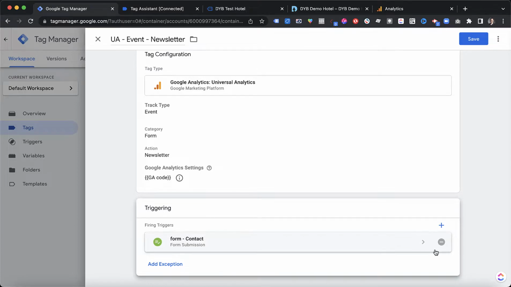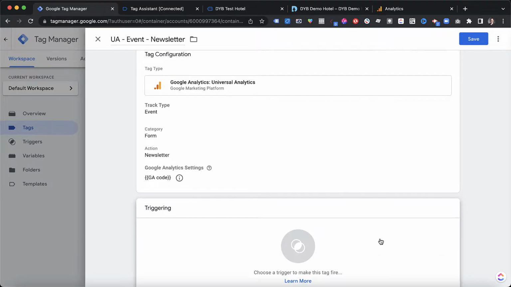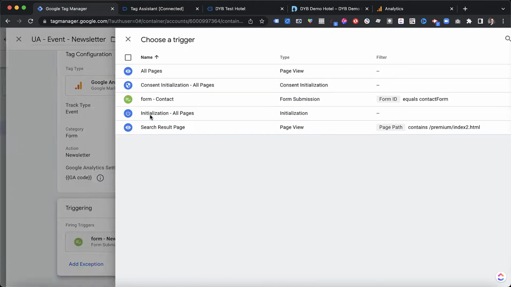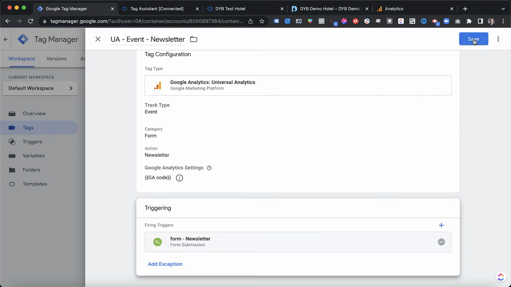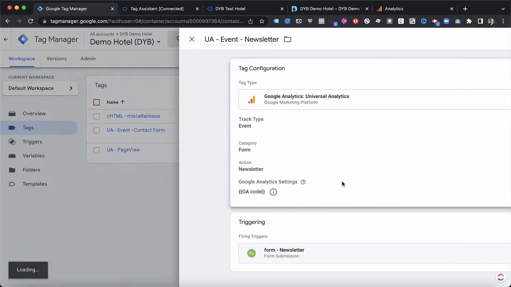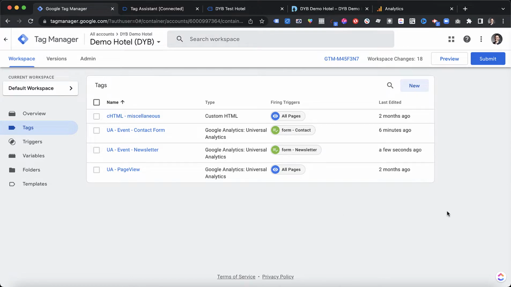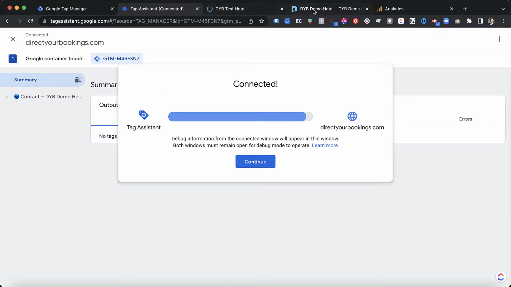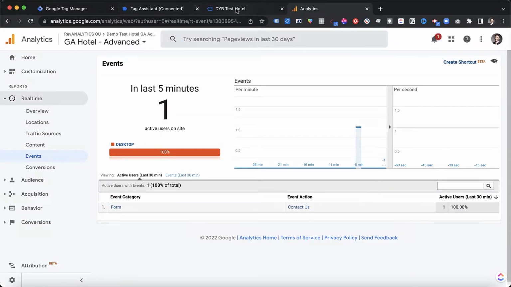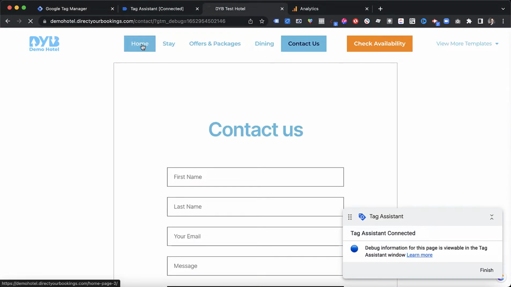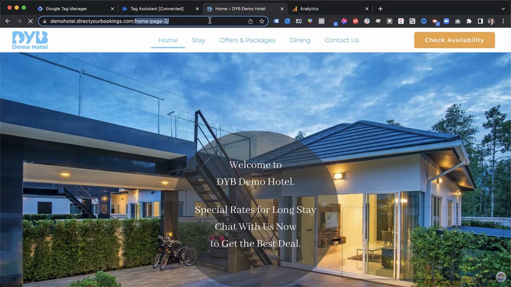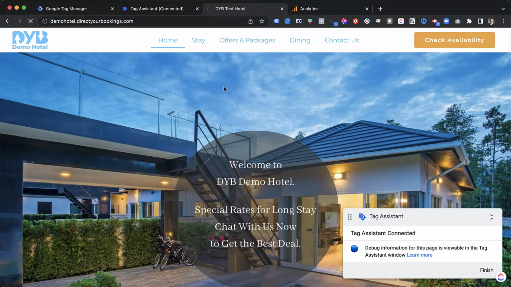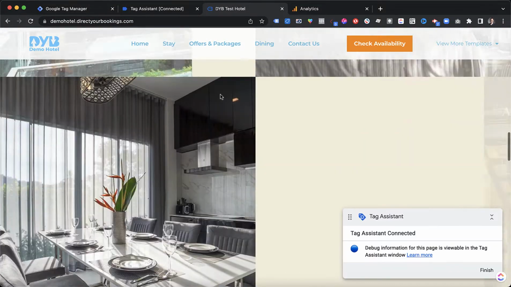Okay, now I need to remove the previous one, and I just want to select the new trigger for newsletter, save. And there it is. So we have another one, and again, test all the time. Whenever you do some changes, don't take it for granted, always test that it's going to be working. And then I closed the wrong page, it was like this. Okay,